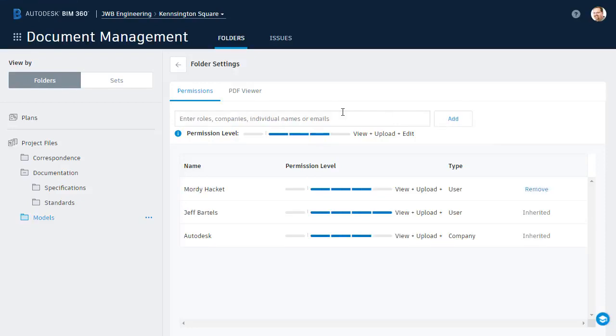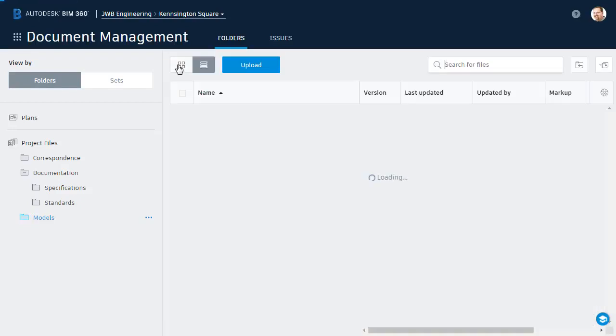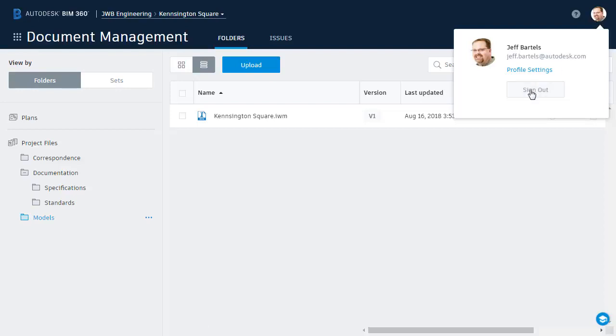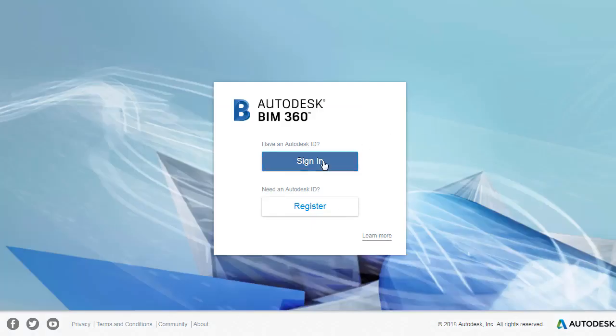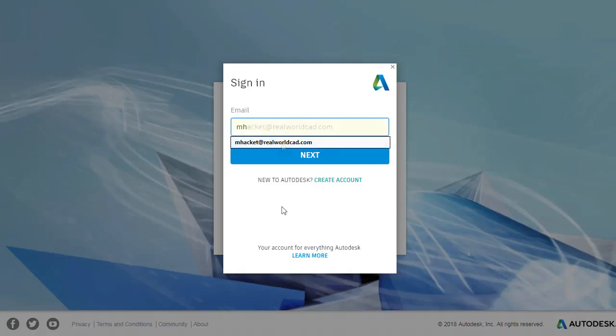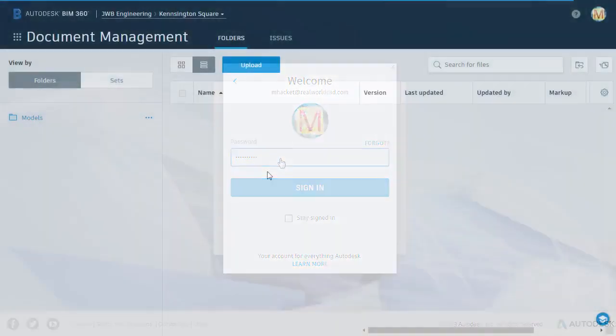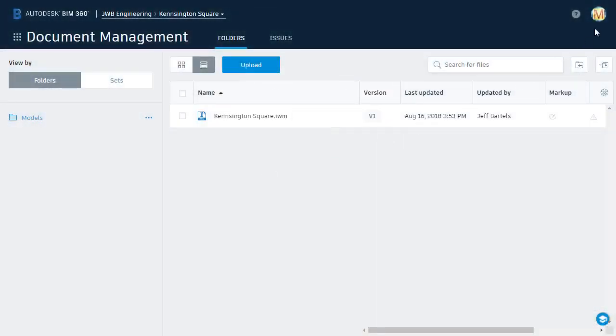Once he's been added, I'll click the back button to close the folder settings. Since Morty only has permissions to this folder, this is the only folder he'll see when he views this project in BIM 360 Docs. Let's test that. I'm going to use the icon in the upper right corner of the screen to sign out of BIM 360. I will then sign back in using Morty's credentials. Once logged in, we can see that Morty only has access to the one folder in my project for which